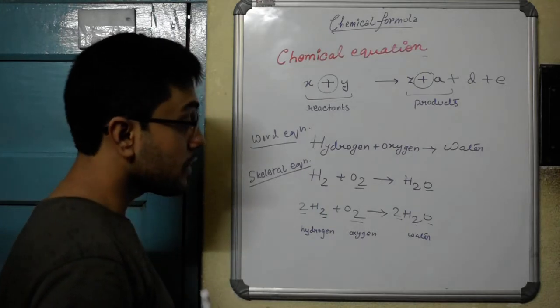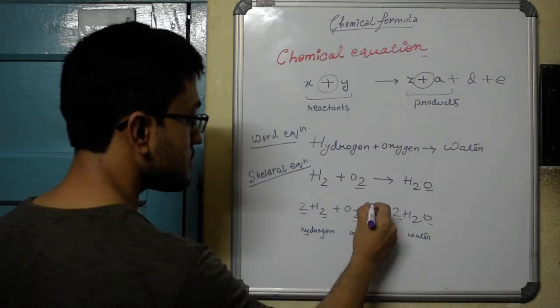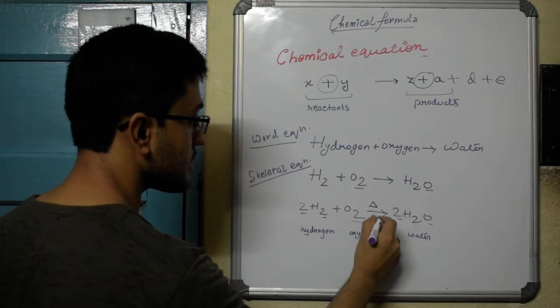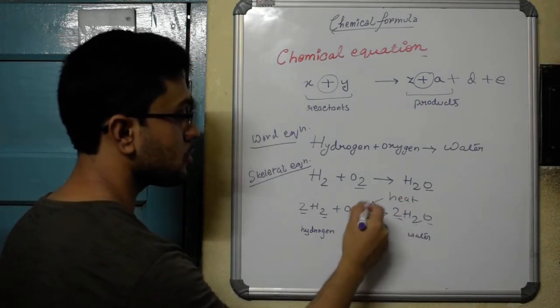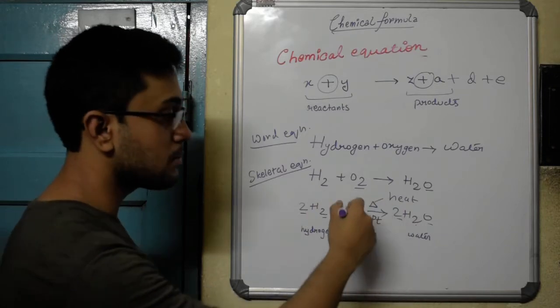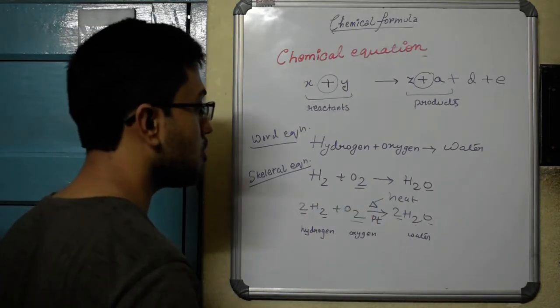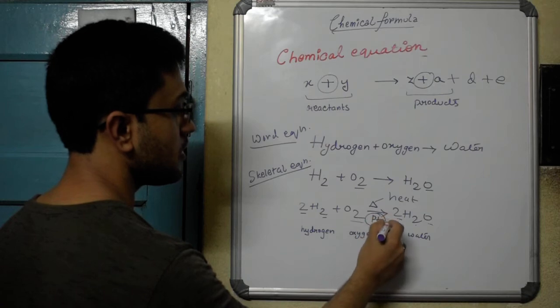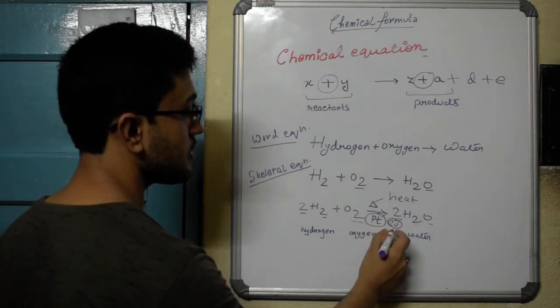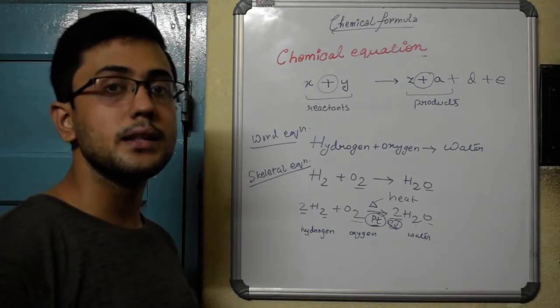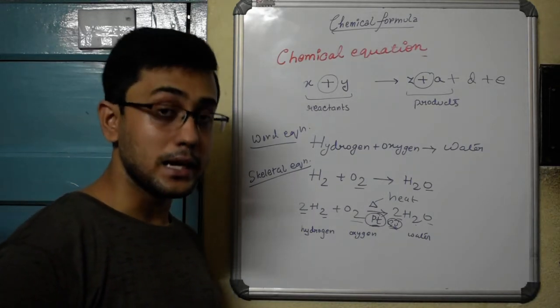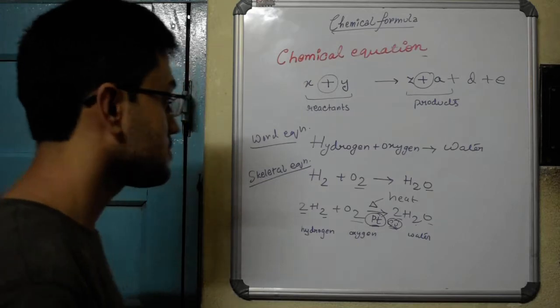And in some reactions you will find some symbols given. This symbol basically means the reactants have to be heated. The heat is represented by this triangle symbol called delta. And if the names of elements are given, this is the symbol for platinum, this is copper, those basically mean that they have acted as catalysts in the chemical reaction.